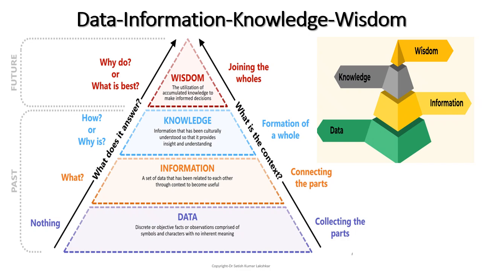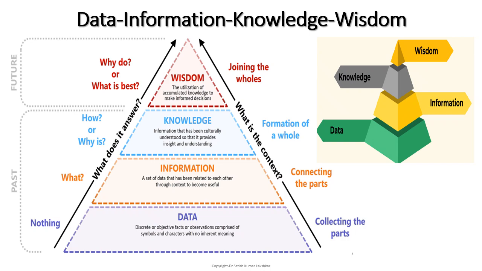Once we are done with getting knowledge, and knowledge is available to us, when we apply this knowledge to real life problem solving, or when we want to solve any business problem, then we call it wisdom. Wisdom is about predicting the future, how something is going to happen, how something may happen in the future. Why do we need to do something? Why do we need to implement something? What is the best decision?